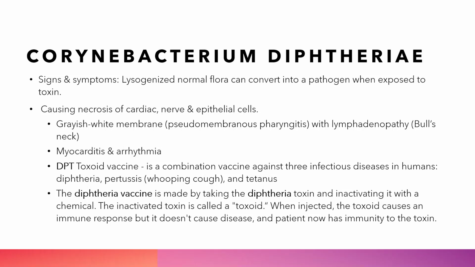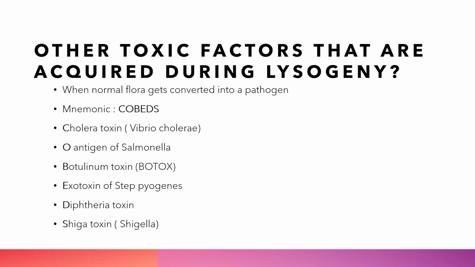You have to give a DPT vaccine. And a toxoid means an inactivated or killed vaccine. So other toxic factors that are acquired during lysogeny, and remember we said lysogeny was when the normal flora gets converted into a pathogen. So the mnemonic here for other bugs that are acquired during lysogeny is